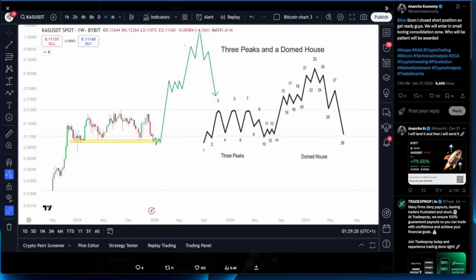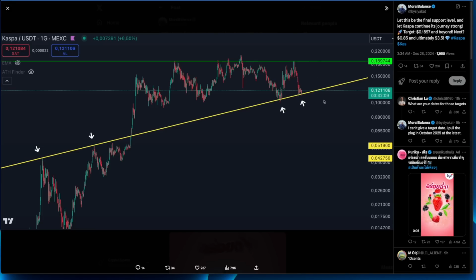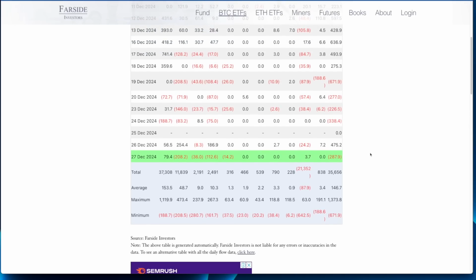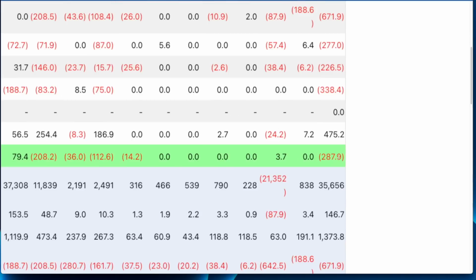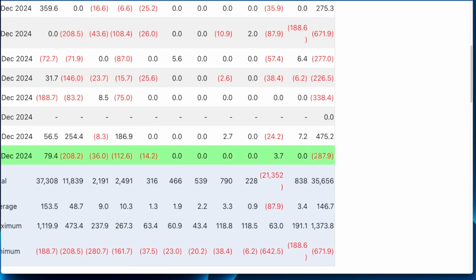possible, right? Only because I've showed you this chart that is basically pointing out this level doesn't mean that Kaspa cannot achieve $3, right? Of course it's possible, but again, guys, you have to take your profits along the way. Anyways, let's have a quick look at ETFs, guys, because we've got outflows as of yesterday, 287 million, well, 8 actually, of outflows for BTC.